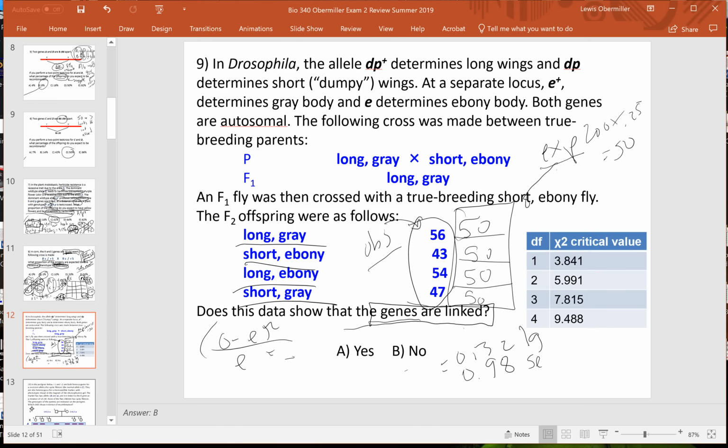So we have 54 is our observed minus our expected, which is 50, which is 4 squared, which is 16, divided by our expected, which is 50. And that is the same value as this. So I'm just going to cheat and call that 0.32. That's for long ebony. And then the short gray ones would be,